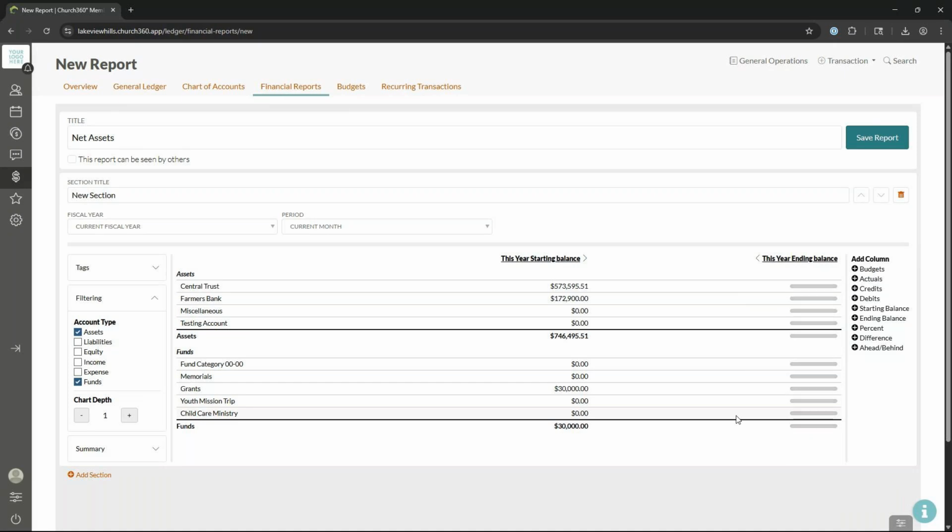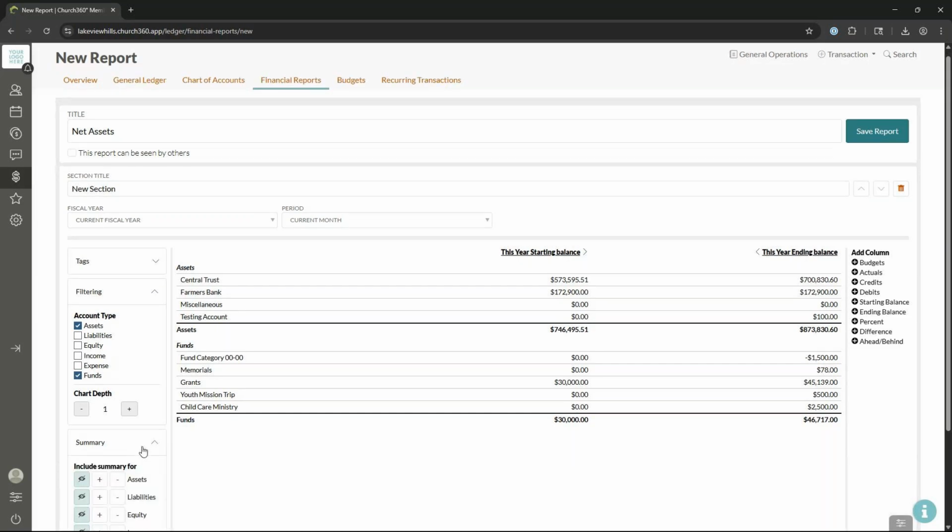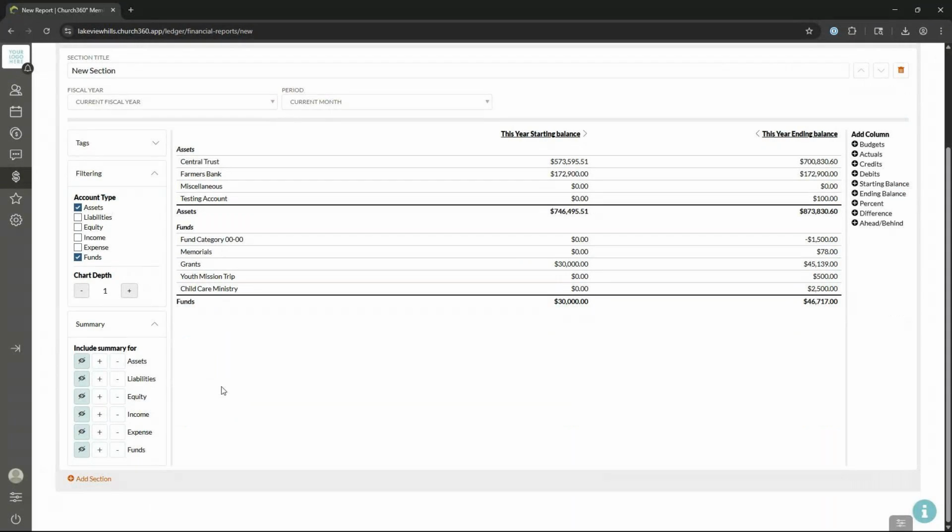And let's go ahead. I think that should be really all we need. Reports don't necessarily have to be complex. But what I'm going to do is utilize the summary section here. So if I click on where it says summary, I can put a summary at the bottom of my report,